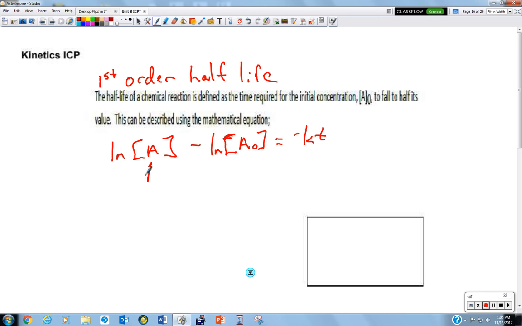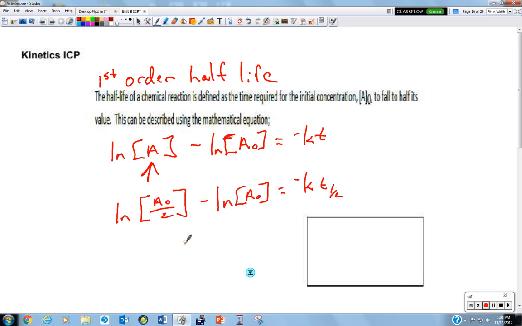So if I substitute in A for half-life, I'm going to have Ln A naught over 2 minus Ln A naught,